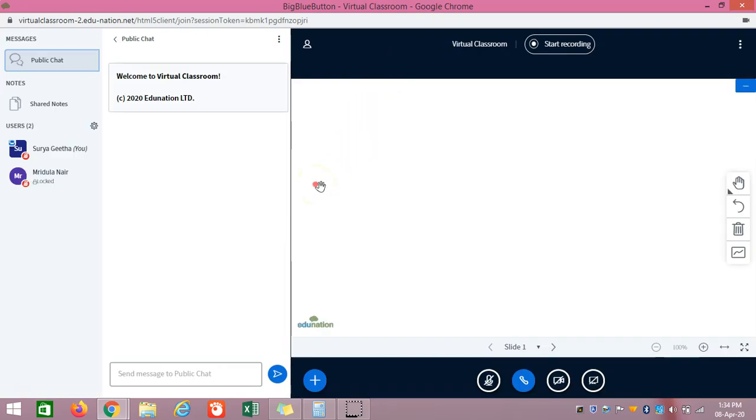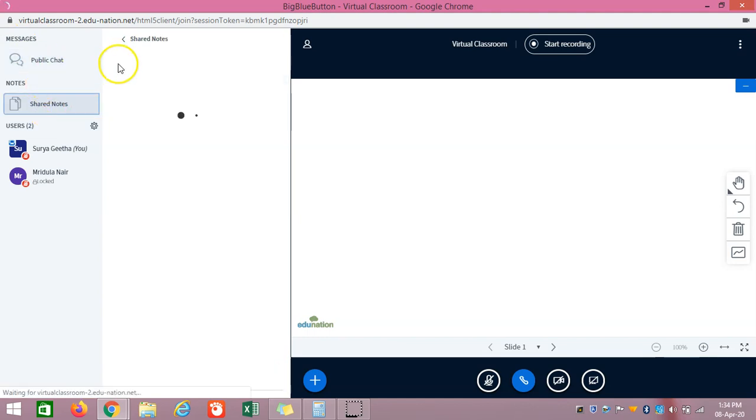And then we are going to discuss the other thing over here, that is share note. When I click on share note, we can see the share note window. Here we can type, or share notes with the students.